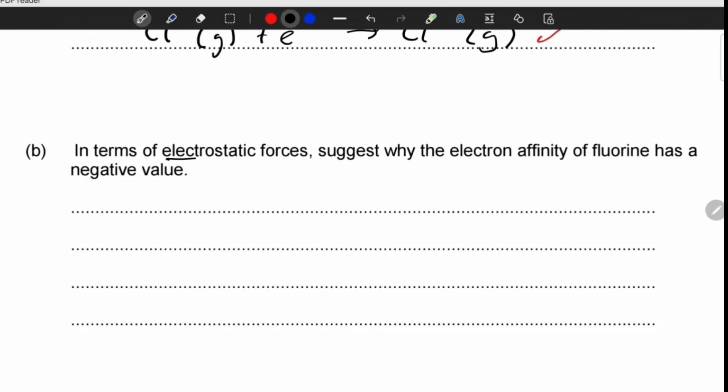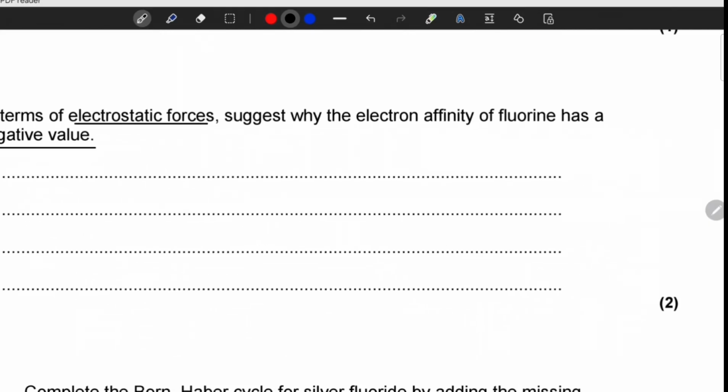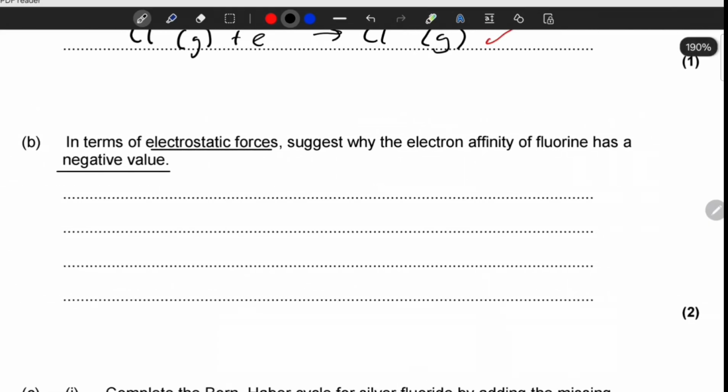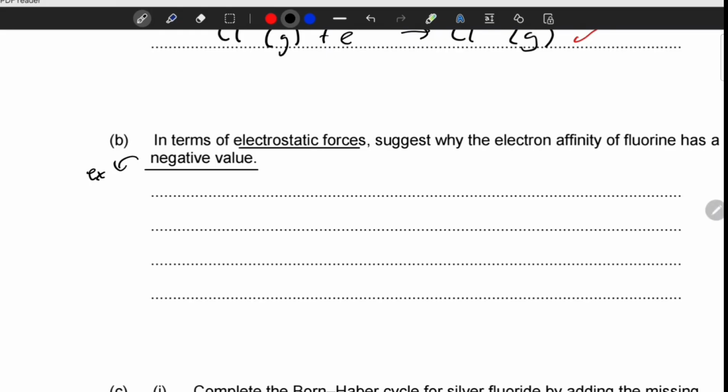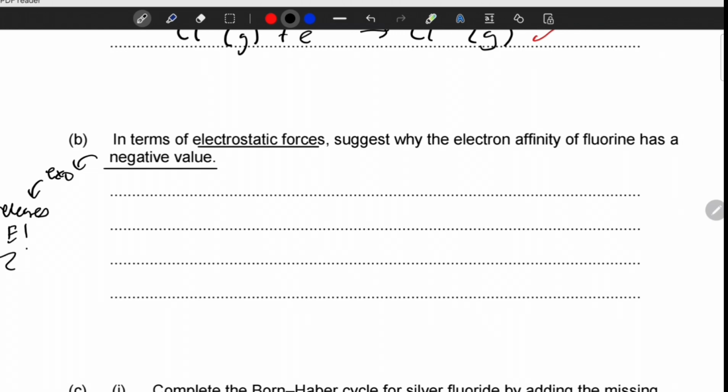In terms of electrostatic forces, so just why the electron affinity of fluorine has a negative value. Okay. So if you remember what I said about the electron affinity, and it says negative value, hinting it's exothermic, hinting it releases energy. So remember that the fluoride ion would be more stable than the actual atom, fluorine. This is because there is electrostatic attraction